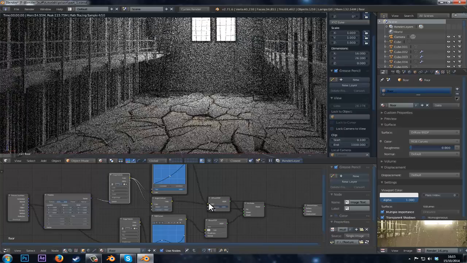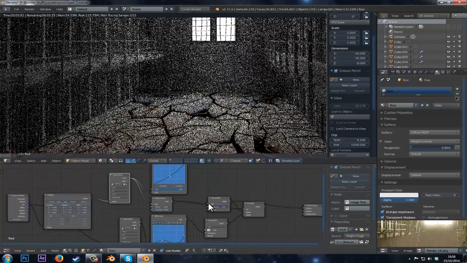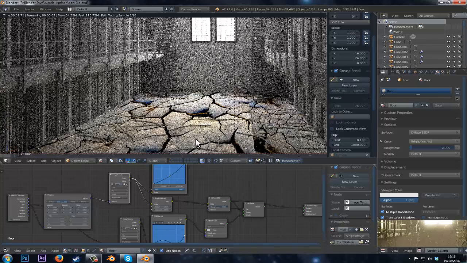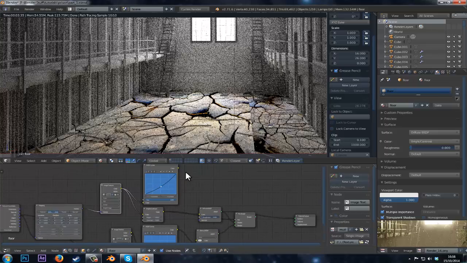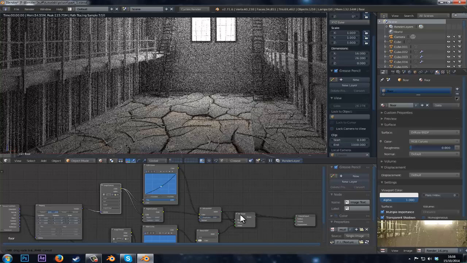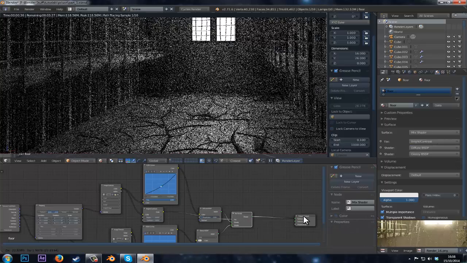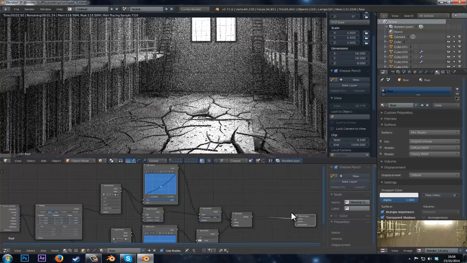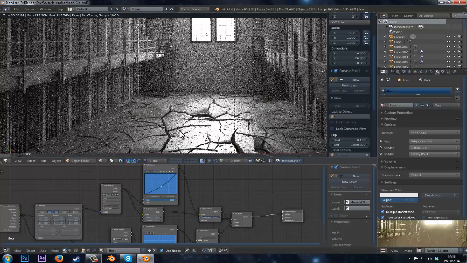In fact, if we just put this in the color of the diffuse, that would be a lot easier. Yeah, 3.5 just completely saturates the hell out of these. Oh, sorry, not saturates, just contrasts the hell out of these cracks. As you can see, they're solid black now. So if we put this back into the color of the diffuse, and then just throw the mix shader output into the surface of the material output, what we're now getting is a mixture between